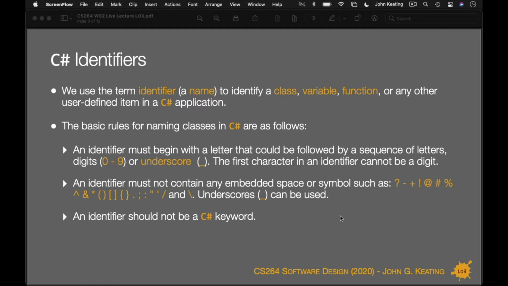You can't contain any embedded spaces or symbols. Underscores can be used, and identifiers can't be a keyword. Now, it's really important as well that you look at trying to find some naming convention for your identifiers. So there are ways to name variables. There are ways to name classes. There are ways to name functions, methods